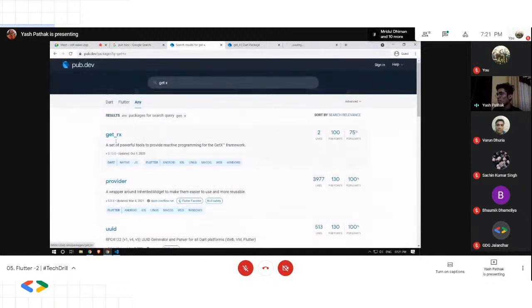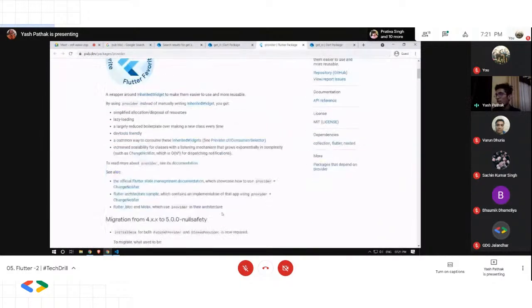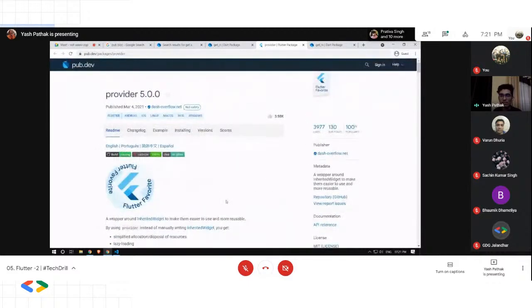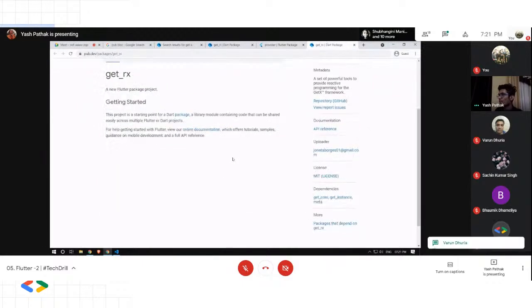Okay, so you have Provider like this. This provides you all the tools required for reactive programming. There are different approaches and different use cases. You can just ponder upon them. Whatever you find easier, you can just go with that. Okay, they do technically the same work. All right,